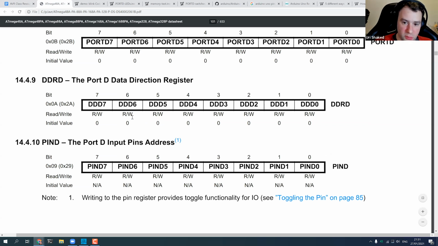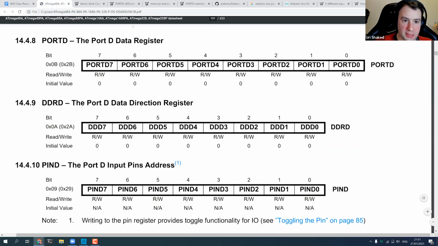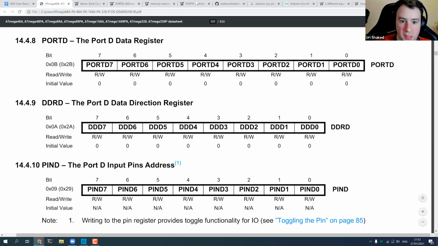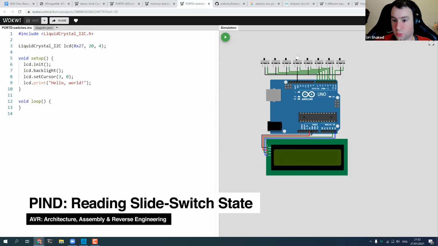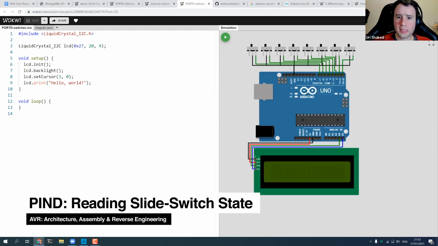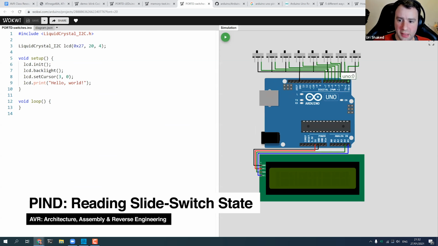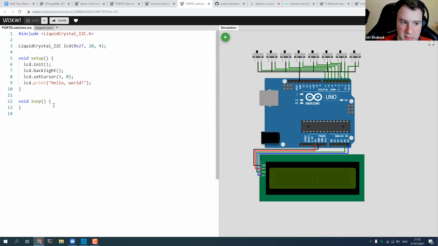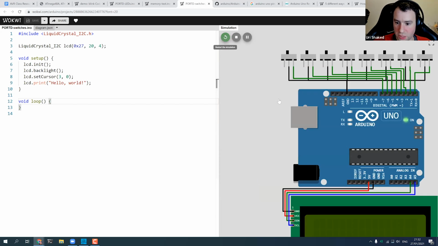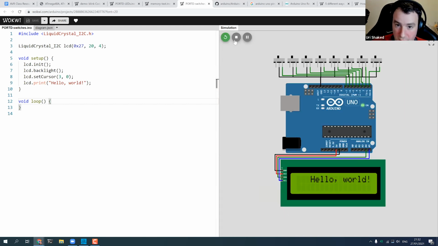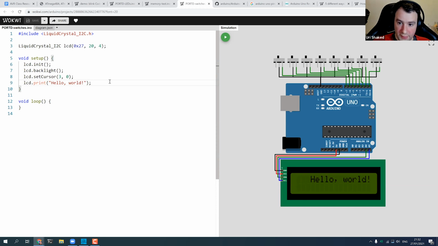So yeah, let's see what happens when we try to use these as input. I have another demo here, this time with 8 switches connected to the pins. Normally, I wouldn't be able to use those two if I enabled serial output. In the simulator it would work, but normally it wouldn't. So instead, I connected a small LCD screen, so we can just print output to it. And in this case, we are going to set all these pins as input.